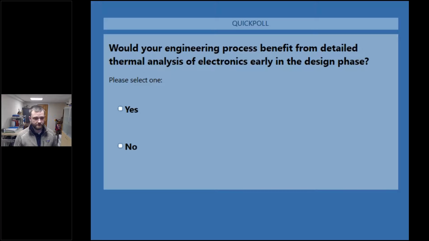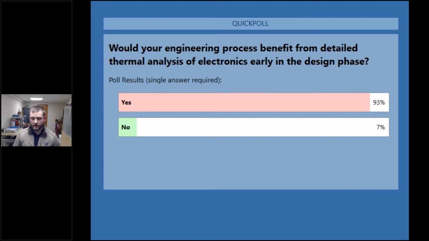It has a lot of the features of some very complex and high-end electronics cooling analysis programs that require a lot of input and time. At the same time, it offers a lot of the advanced features within the CFD environment and combines them to create a fantastic design tool.